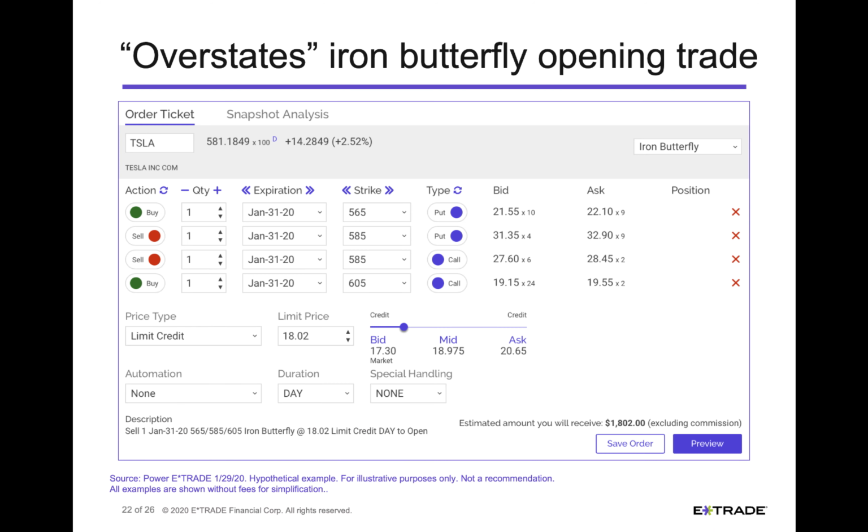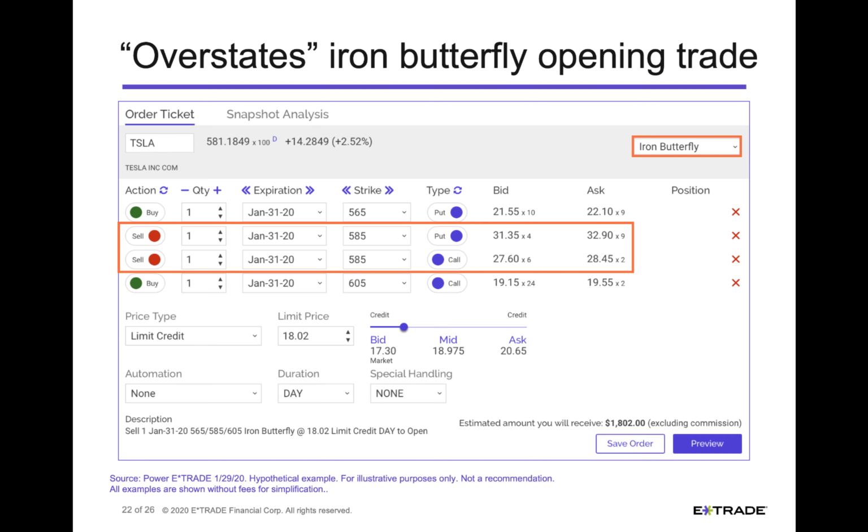Now it looks very similar to the naked strangle or the naked straddle, but here's why it's a much safer position. We're doing an iron butterfly, and you can use the drop-down menu, and it'll pre-build it for you. In this case, you are selling pretty close to at the money. This one I'm selling the 585. Probably a better example would have been if I had stuck with the 580, but I was anxious to get a screen capture of this. So anyway,